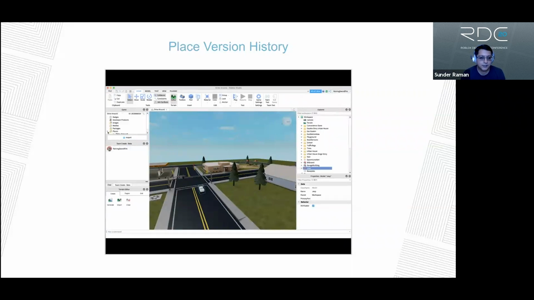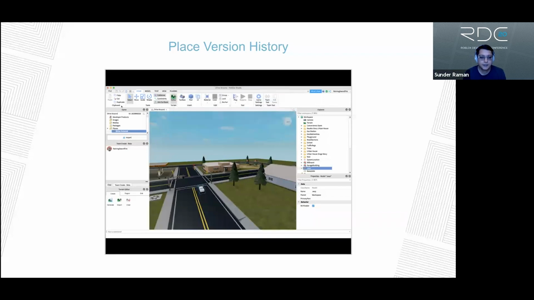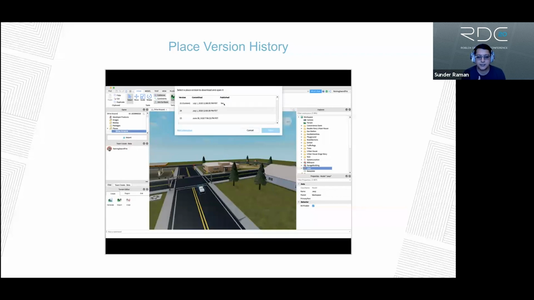Now I'm going to open up places and look at the history. And as you would expect, there is a version 24, which is current, that I just reverted to. I can go ahead and publish. And now when I look at the history, as you would expect, the published status indicates that it's been published.